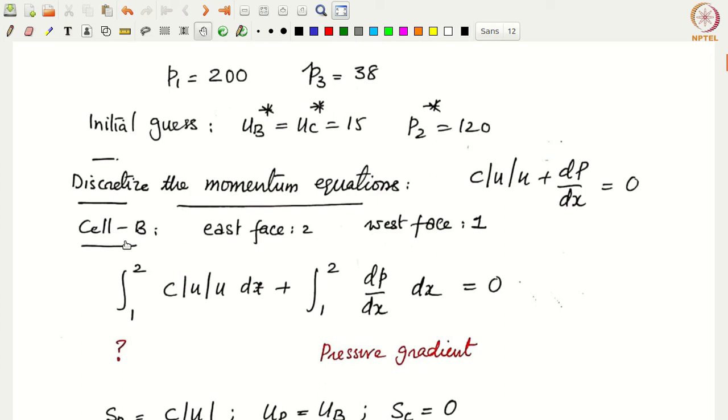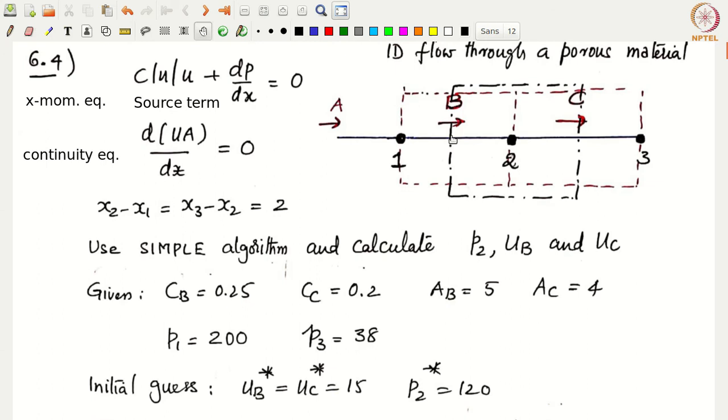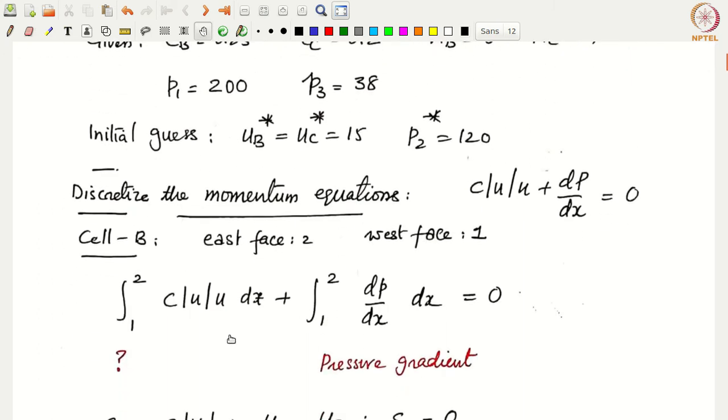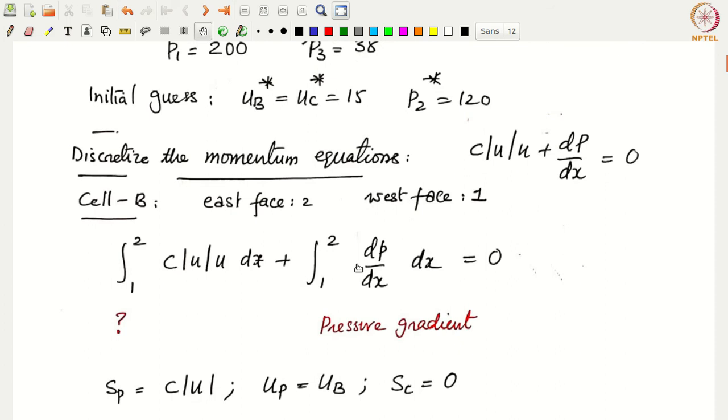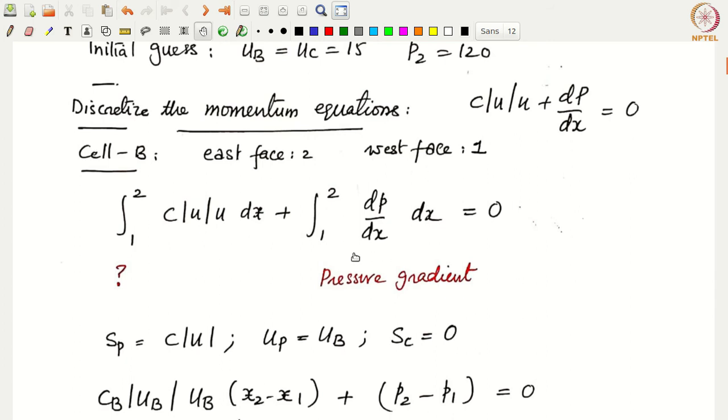So if we discretize on cell B, cell B has faces 1 and 2. That means the integration has to go from 1 to 2. We have integral of C mod u dx plus integral 1 to 2 dp dx equals 0. This is basically integration on the finite volume. We know that this is a pressure gradient term, and we just categorize this as a source term, and we know that we can write the source as